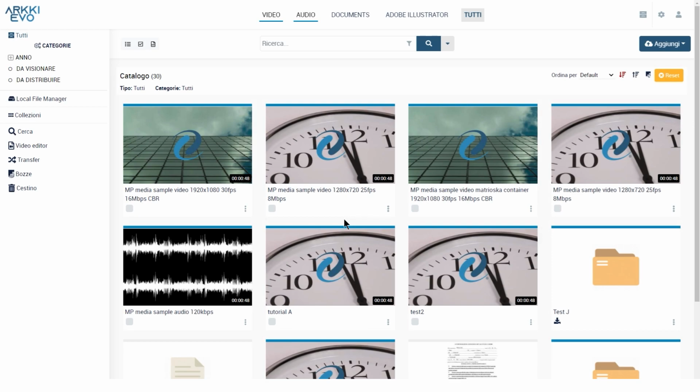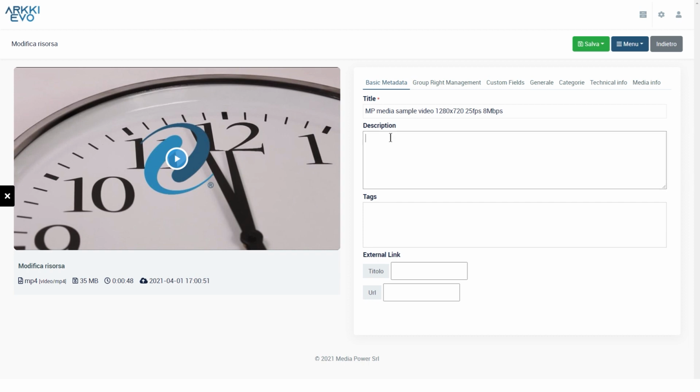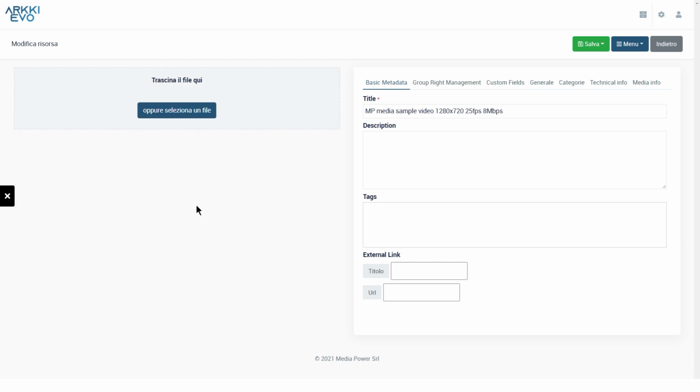The assets in the catalog may be modified. In the Options menu of each individual asset, select the Edit option to enter in the Edit tab. If the user has the editing rights, he can then update the metadata fields or the original media. Clicking on the X Remove Asset icon to the left, the source file is deleted, and you can proceed with